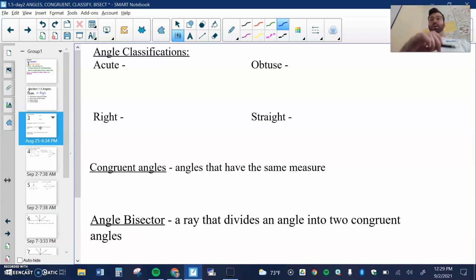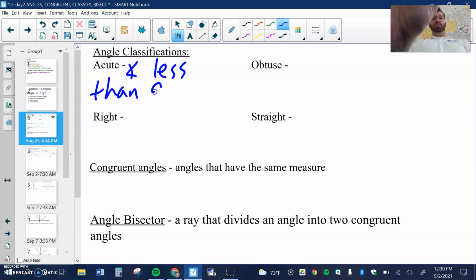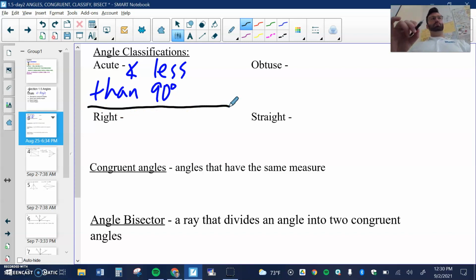The first one's an acute angle. You've probably heard of acute angles before. Acute angles are angles less than 90 degrees. It's important you put that degree symbol there. It's like a little 0, or a little lowercase o. We have to put that when we're naming angles. Obtuse angle, you probably heard of obtuse. Obtuse is more than 90